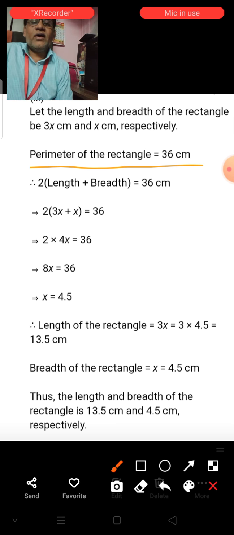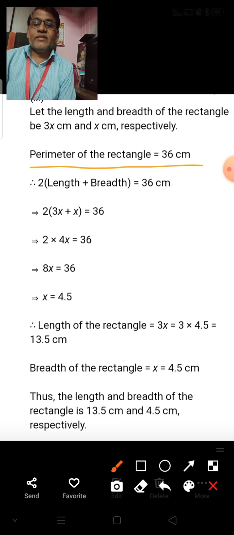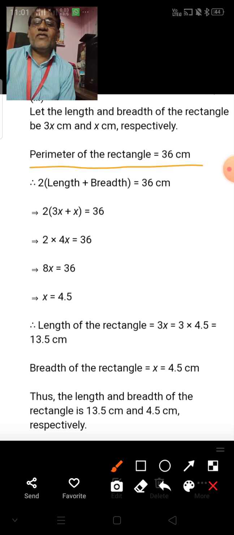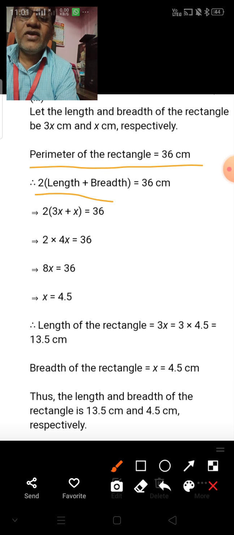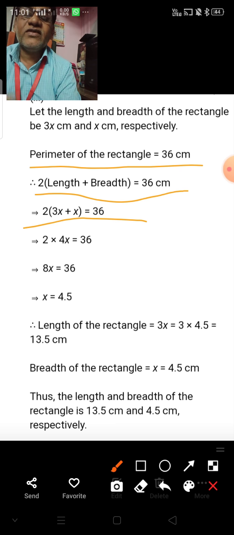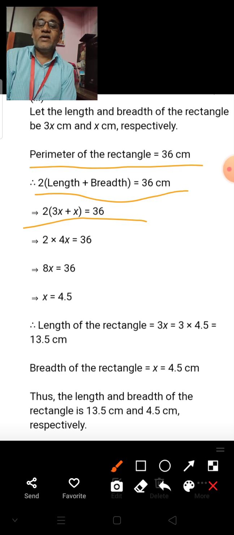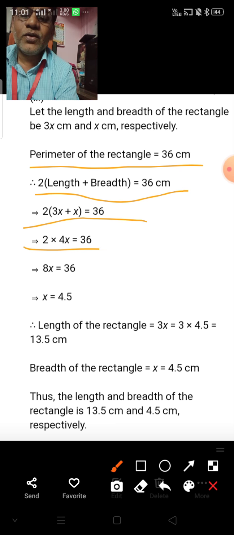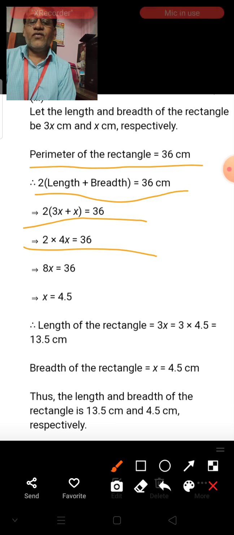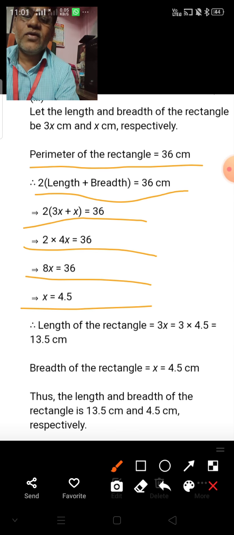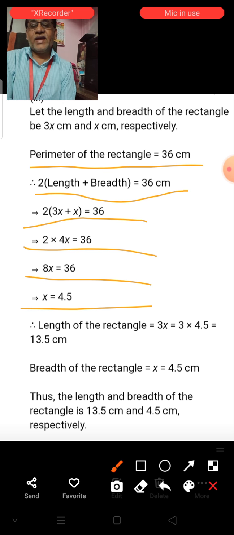So we know the formula of perimeter, that is 2 into (length plus breadth) is equal to perimeter. So therefore 2 into (length plus breadth) is equal to 36 centimeter. Therefore 2 into (3x plus x) is equal to 36 centimeter. So 3x plus x is 4x. 4x into 2, 8x is equal to 36, and x is equal to 4.5,